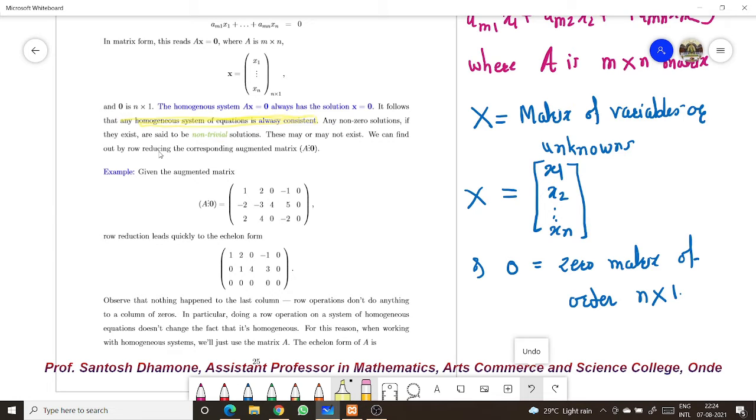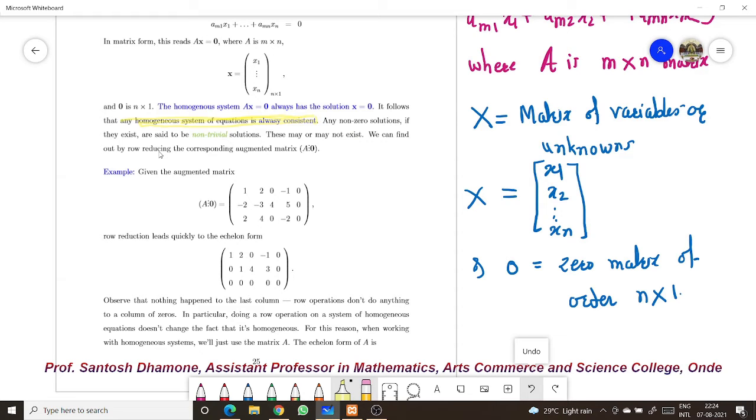This is the augmented matrix given to you. This is row 1, row 2 and row 3. We perform some elementary operations on this matrix to make 0 at positions a21 and a31